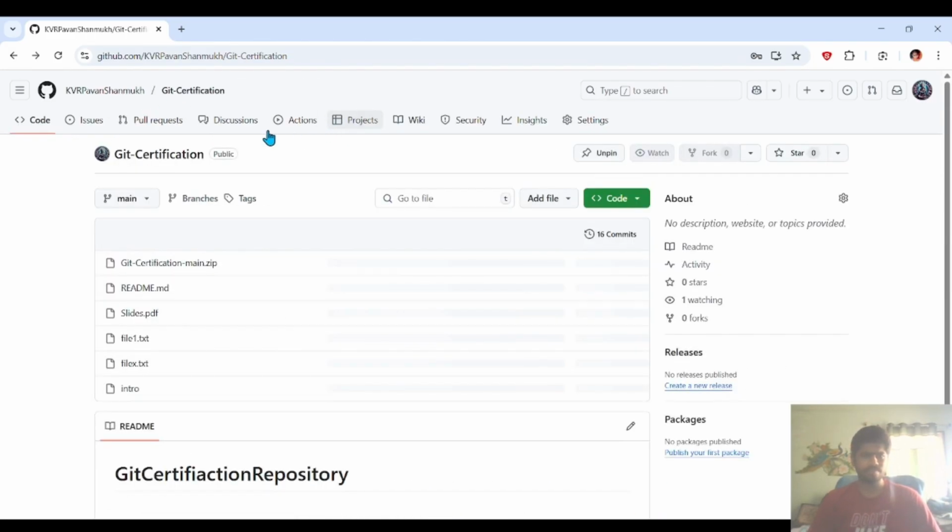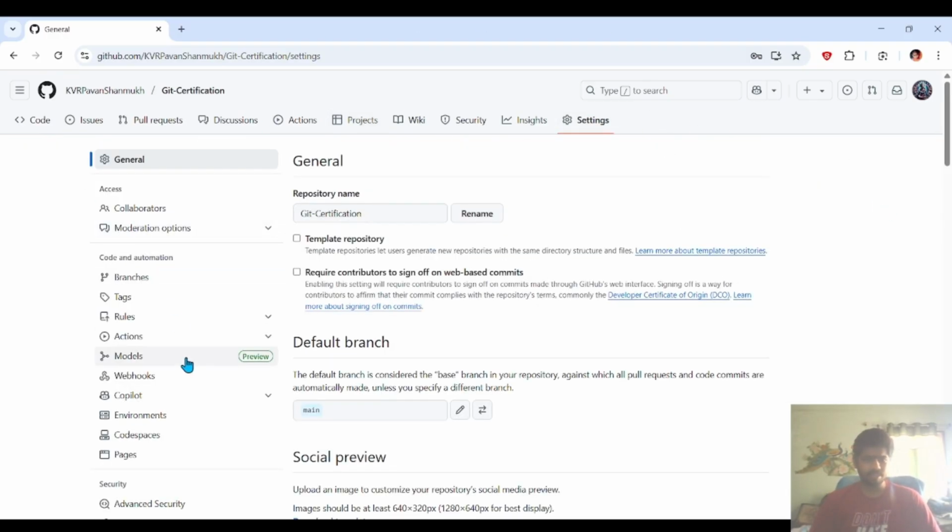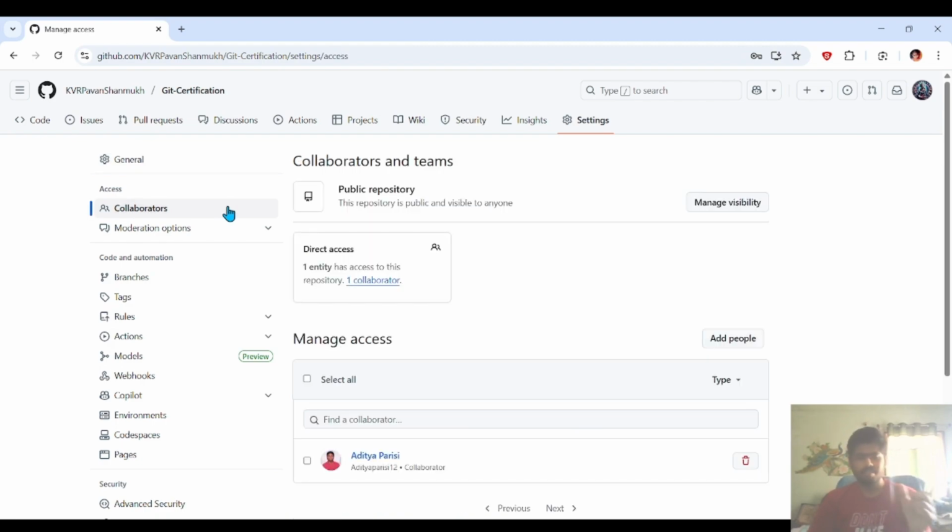Anyway, this is the settings of the particular repository. Here you can relate one particular repository to another. So you can collaborate with another GitHub user for one particular repository. As this is a personal account, you can have collaborators for only